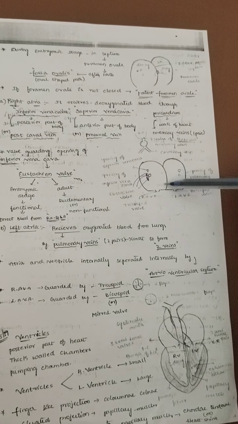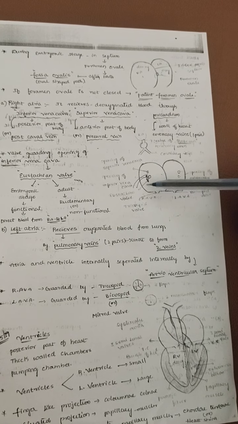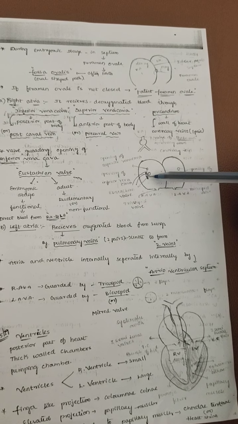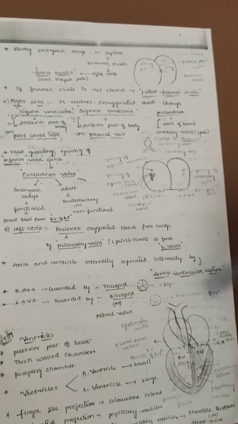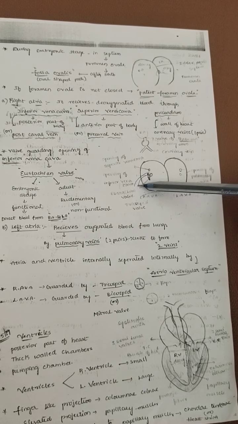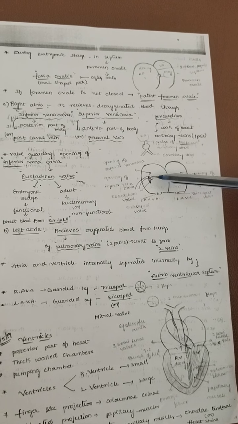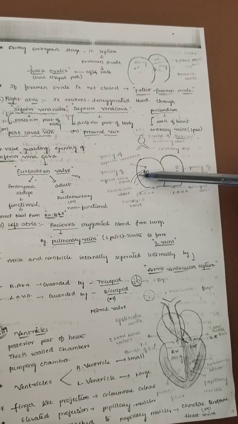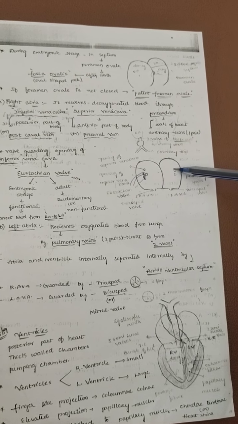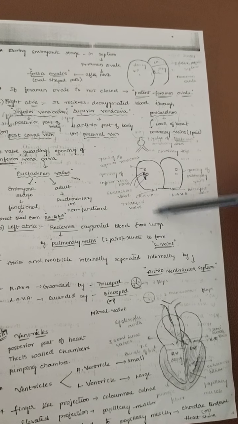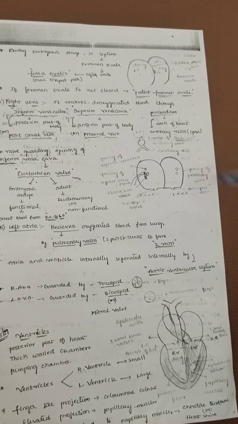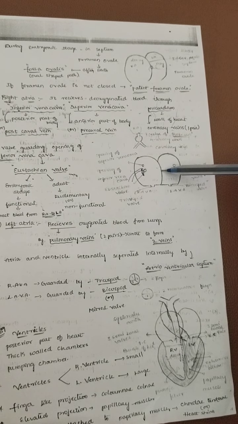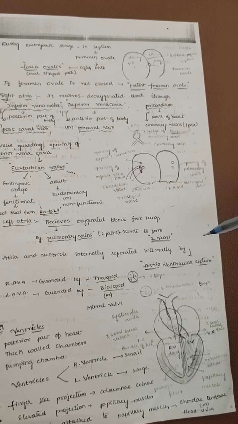But after the embryonic stage, this hole is closed. That's why this wall is rudimentary and also called non-functional in adults. Again I am saying, the inferior vena cava opens into the right atria. Basically, the blood taken in enters from the right atria to the left atria. Why? Because in the embryonic stage the ventricles are not developed and the lungs are also not developed. That's why the blood needed enters the left atria through the foramen ovale.